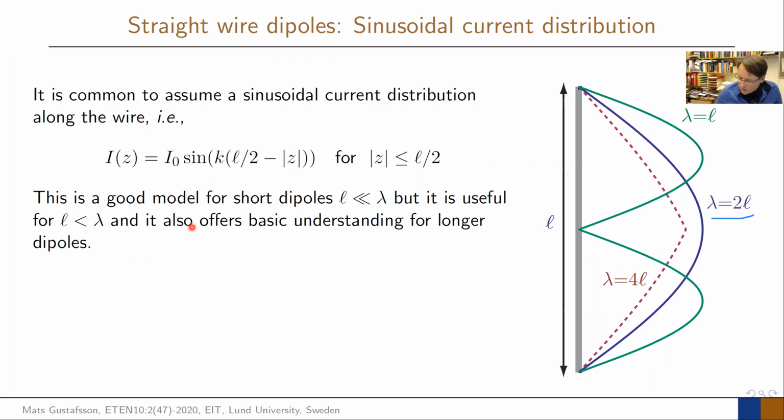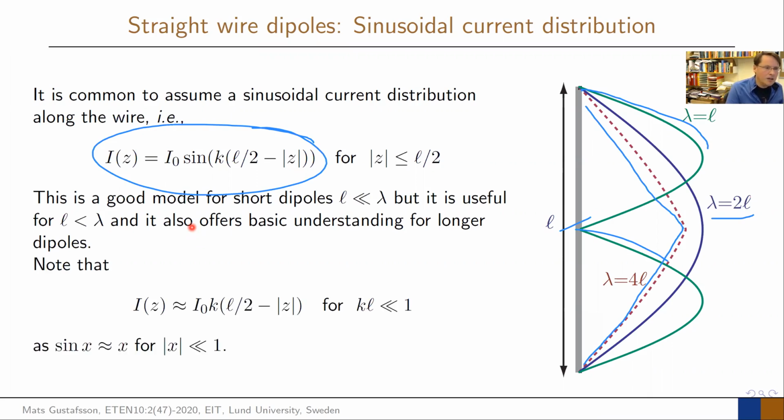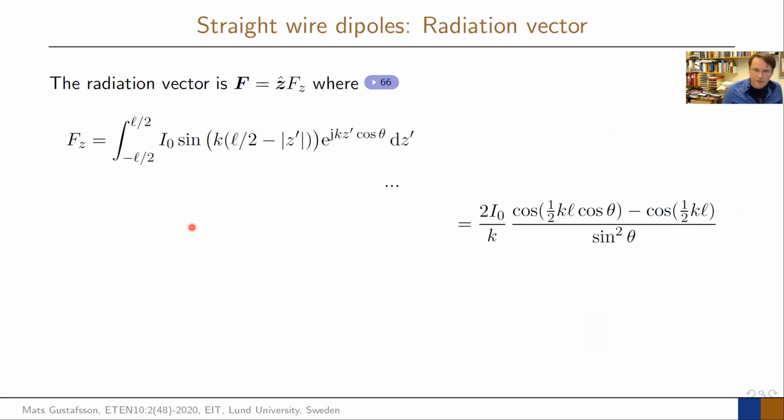If I do the short one here, the current looks like this. And if I make it longer, it starts to oscillate. A very good approximate formula for that is actually some sine function. This is just heuristic, that it approximately looks like this. And if it's small, it looks like this triangle that we said there. So this is a typical short one. And now if we would like to compute my radiation vector,